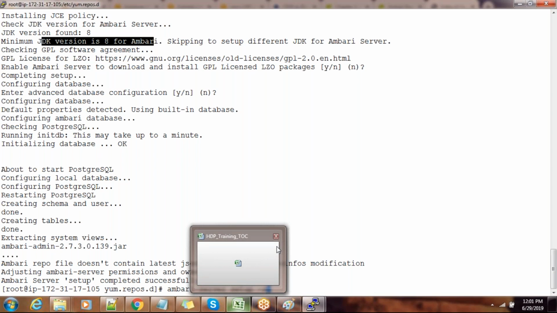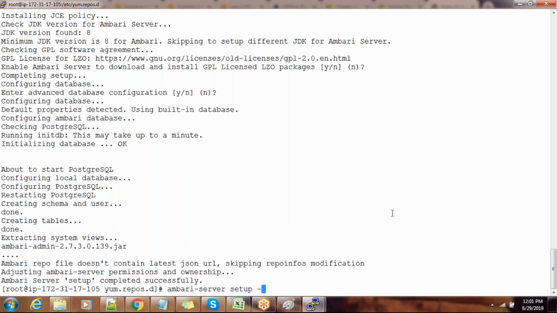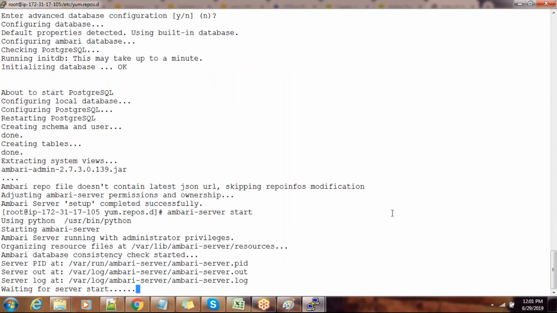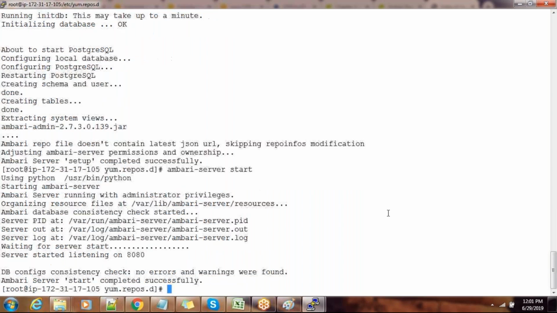Now I can start the Ambari server with ambari-server start. Okay, this is started. Then we can start the agent also.